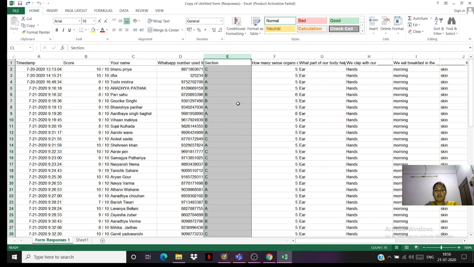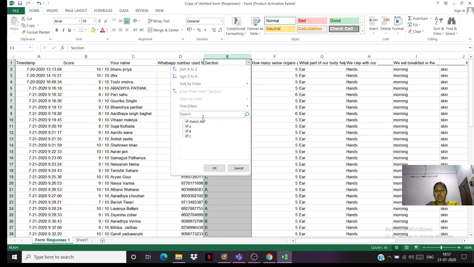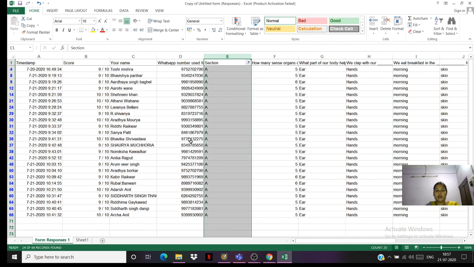Now I will do the section filter. I'll go to filter here. This icon will be appearing here. I will click on section A. OK.